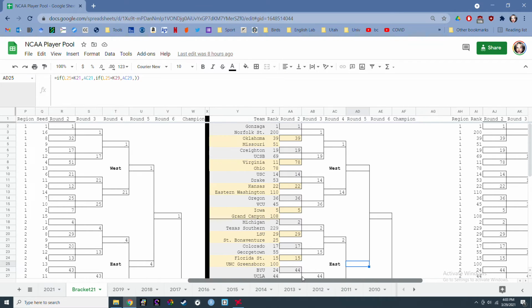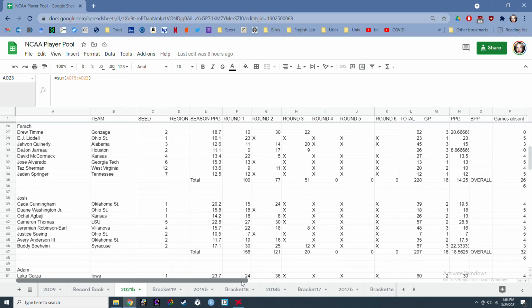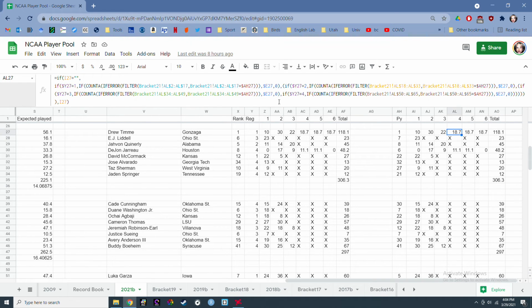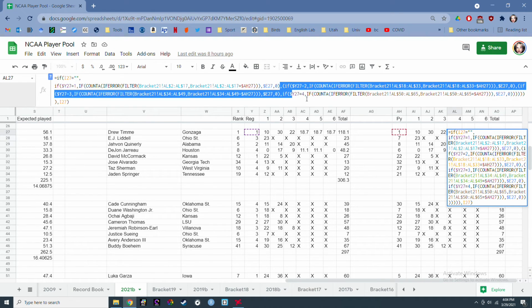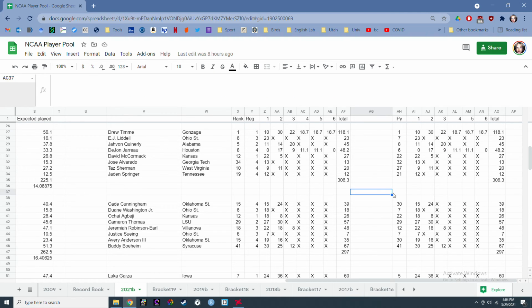It's not super complicated. It just took a little while to get these formulas set up and working correctly. These freaking if statements are bananas because you're toggling back and forth between different sheets, making sure all these little letters and numbers are correct, and it was kind of a headache. But once you get it, thankfully it copies over pretty well. Year to year, you just have to double check, make sure there's no errors. But anyway, that's how it works.